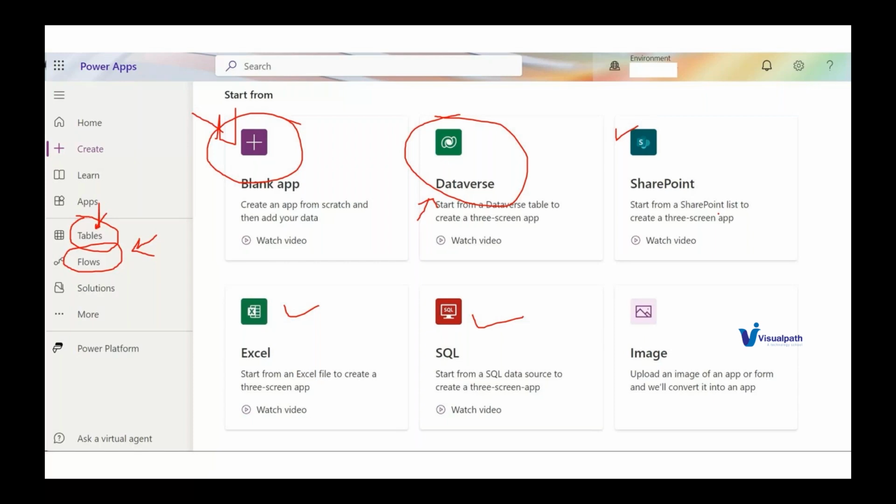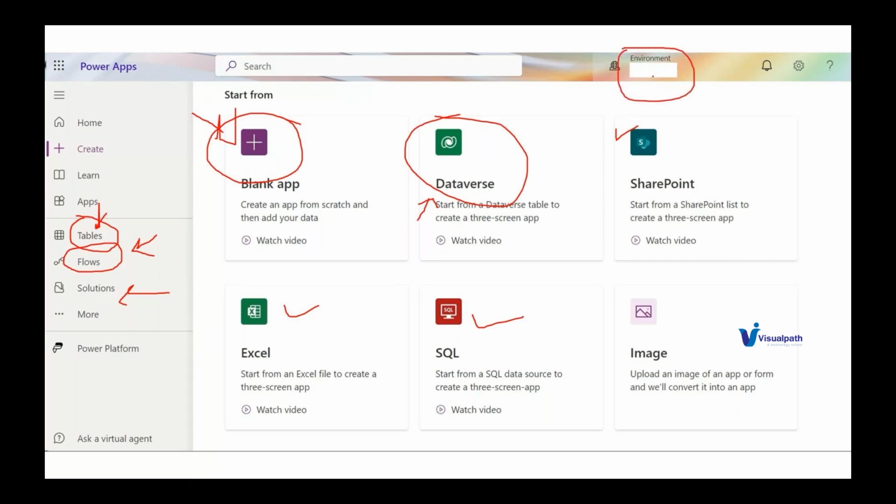Say for example, you can just click on SharePoint, upload some document there, then you can use it in your apps. So everything is integrated. This is a kind of platform for you where you can develop the apps, right? You can have multiple solutions. There is an environment window over here. What does this environment window do?